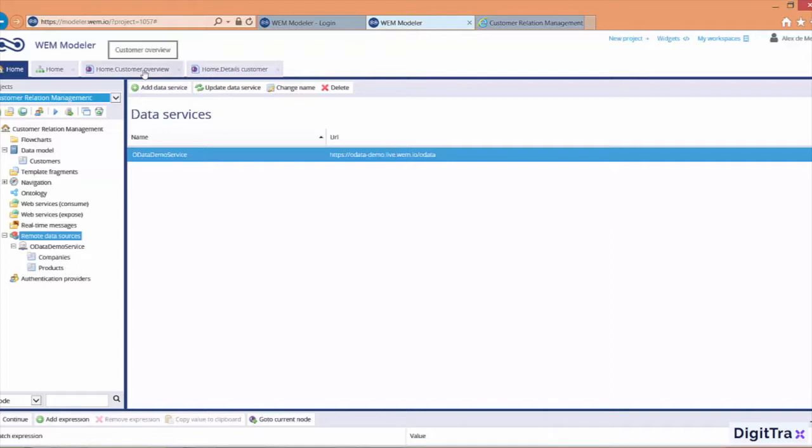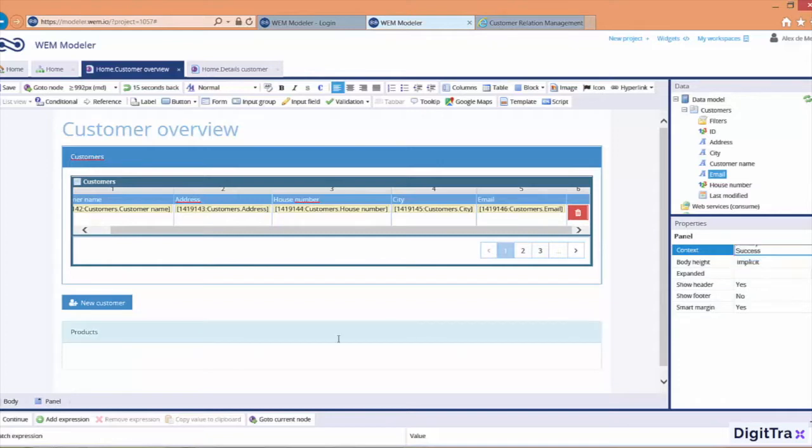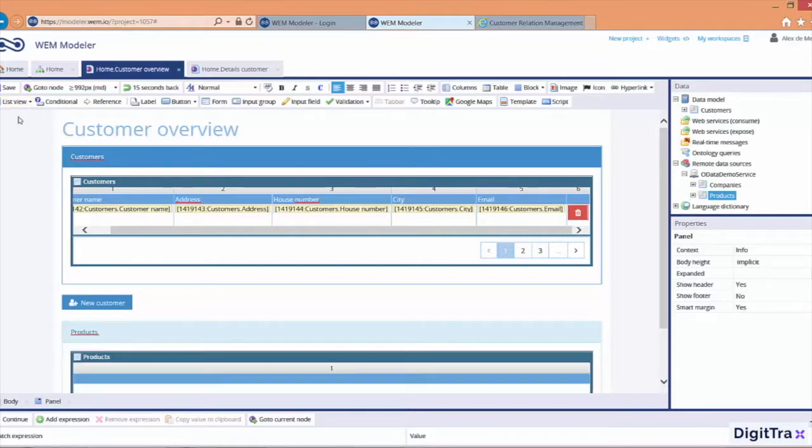So what I'm going to do, I'm going to return to my customer overview, and I'm going to add a new panel, and I'm going to show some product information. So products, I can give it another context color. And what I'm going to do is refresh the data pane, and as you can see, there are two data lists available from the remote data source. So now I'm going to use the products data list in also a list view in a data grid, and